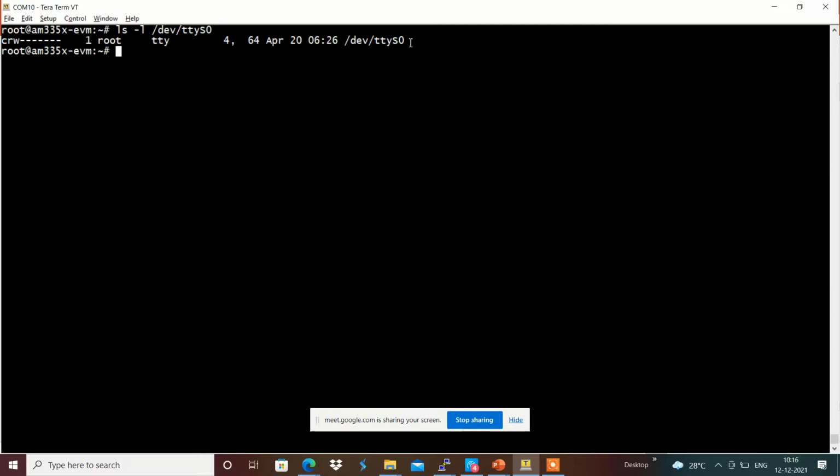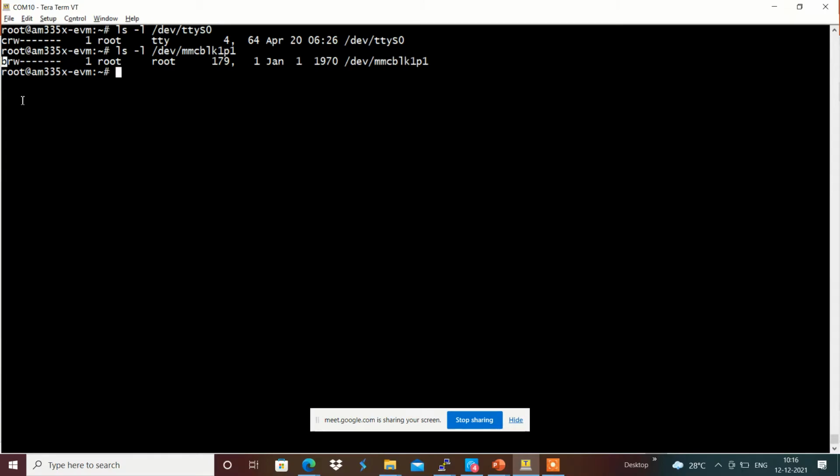It has /dev/ttyS0, which is denoted with a C, which means it is a character device file. If I access /dev/mmcblk1p1, it is denoted with a B, which means it is a block device file.